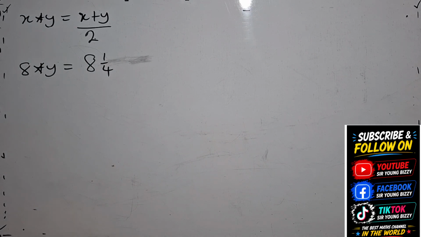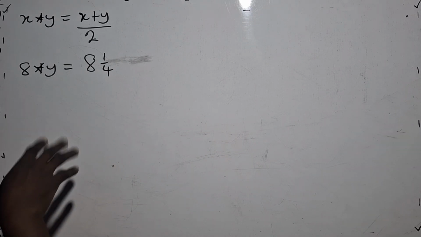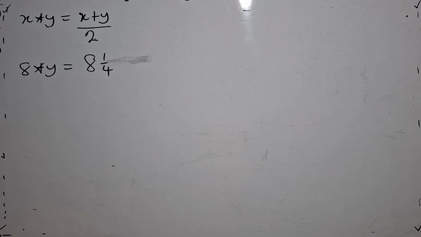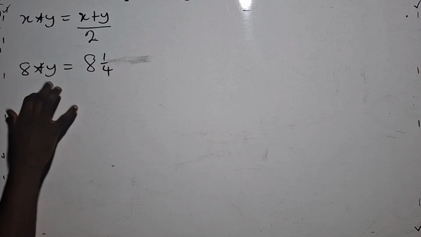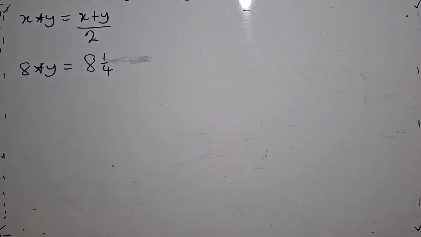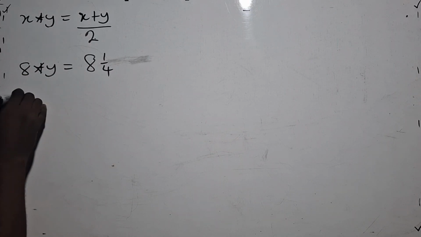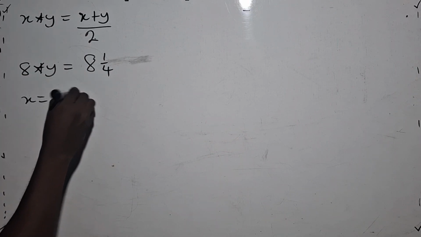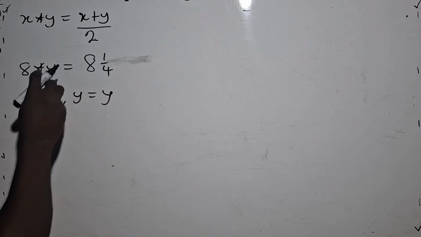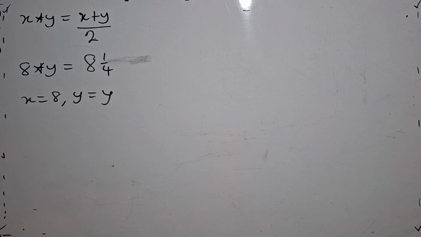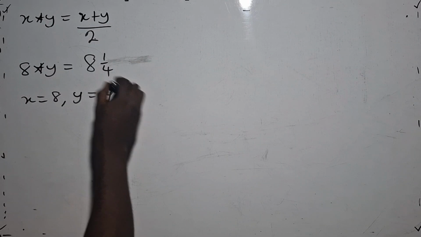So you can go back and solve and see if you get the same answer as I'm going to do here. So with this one, what you have to understand is that here x is 8. Then the y is y. The y here will replace this y. Yes. Then you have to change this one